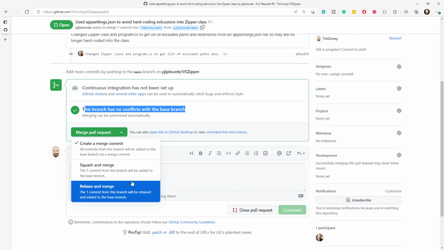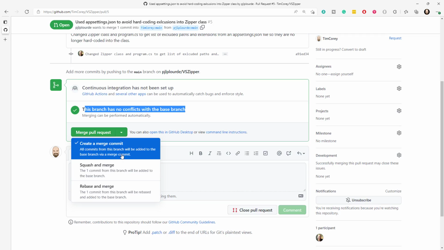So with one commit, it's a whole lot easier. Pierre only did one commit to make these changes. But if there were, let's say, 5, 10, 15 commits, maybe you want to include all that history in your main branch. So you create a merge commit. And what that does is it brings in those